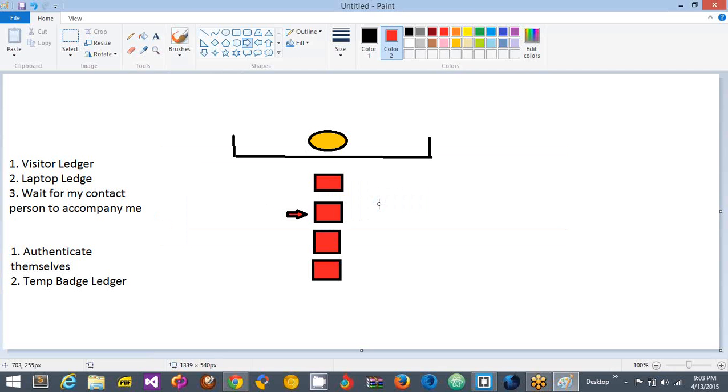Now the management realized that the reception is becoming a big mess. So they try to find out a solution. The solution is this: they hire a lot of receptionists. So the idea that goes is like this: